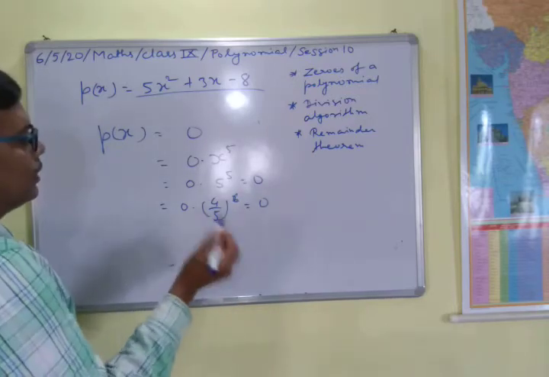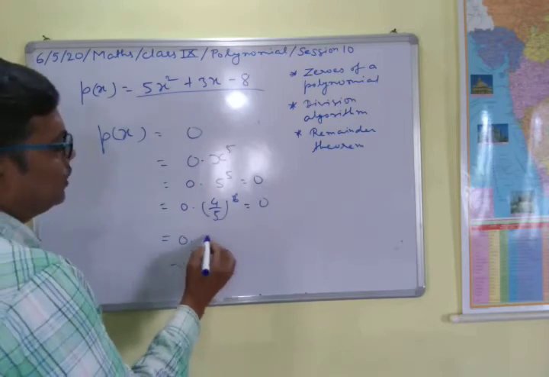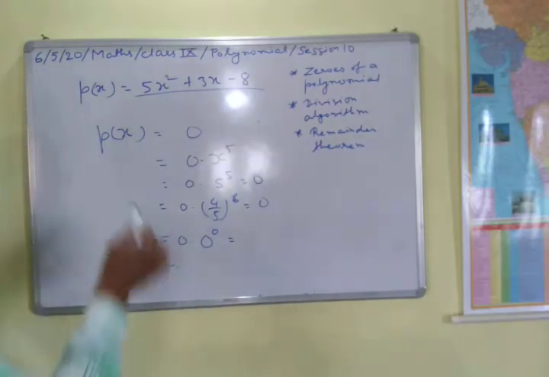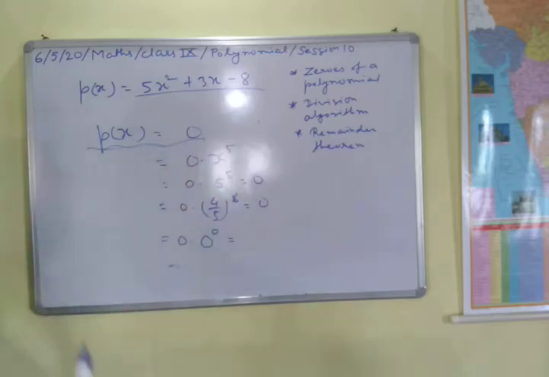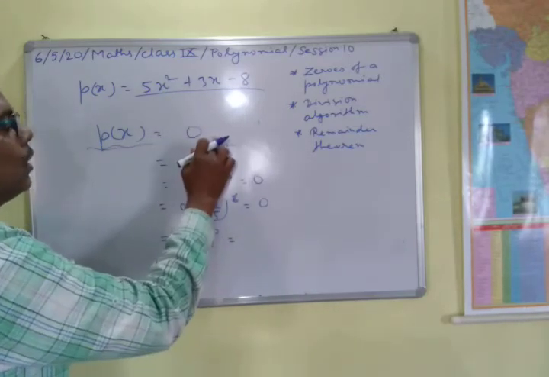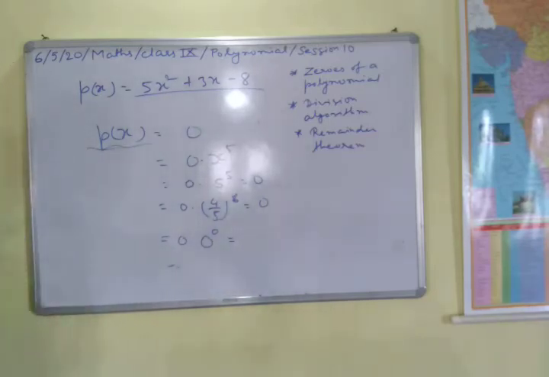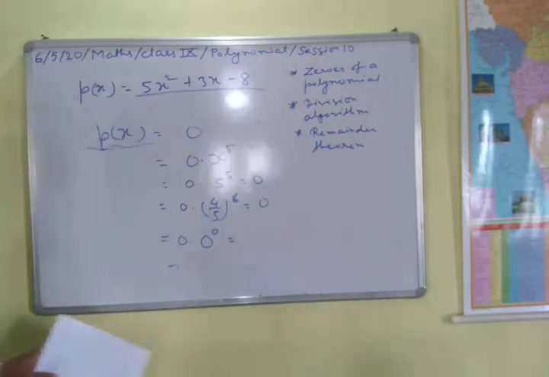But here again there is a condition that it will not be true for something like 0 to the power 0. So in this case, if you have a zero polynomial, then this polynomial will have practically infinitely many zeros except 0. That is, in this case 0 is a polynomial and this is the zero polynomial, and we have infinitely many zeros except 0. So this is the point here.